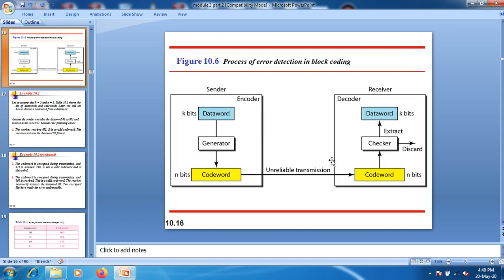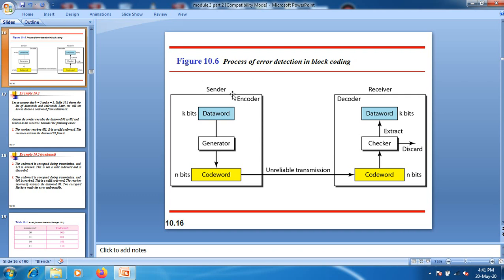When it comes to the block coding mechanism, we are using a simple approach here. The source and the destination should and must have a set of valid code words. That is the first case. The second case is that the transmitted code word becomes an invalid code word. That is, when you transmit the information, that transmitted information becomes an invalid code word. Only then are we able to detect these errors. That is the process we use when it comes to error detection.